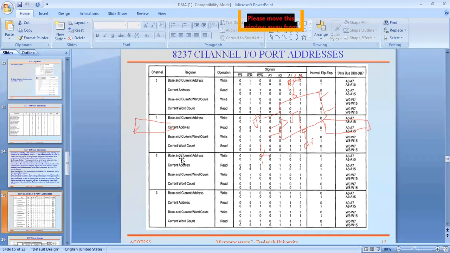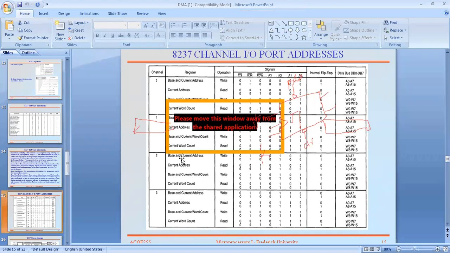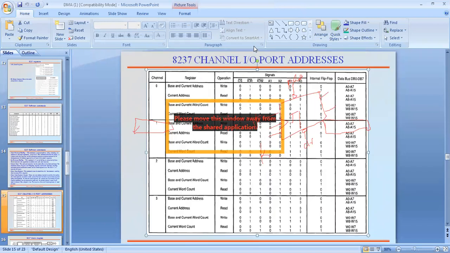These are the 4 registers available in each channel. See here the operation of each register also. For the base and current address, you just have to write, and read the current address; for base and current word count, write, and again read the current word count.